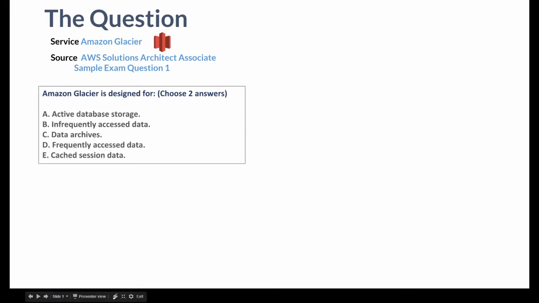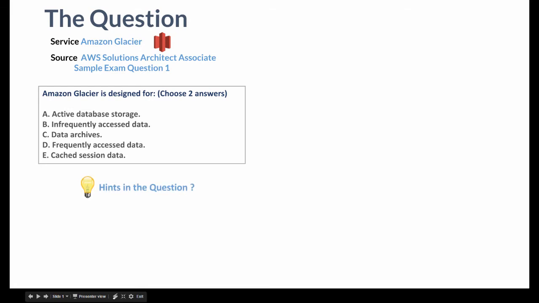Amazon Glacier is designed for, choose 2 of the following answers: A. Active database storage, B. Infrequently accessed data, C. Data archives, D. Frequently accessed data, or E. Cached session data. Now the thing to note with some of these AWS questions is there's often hints in the